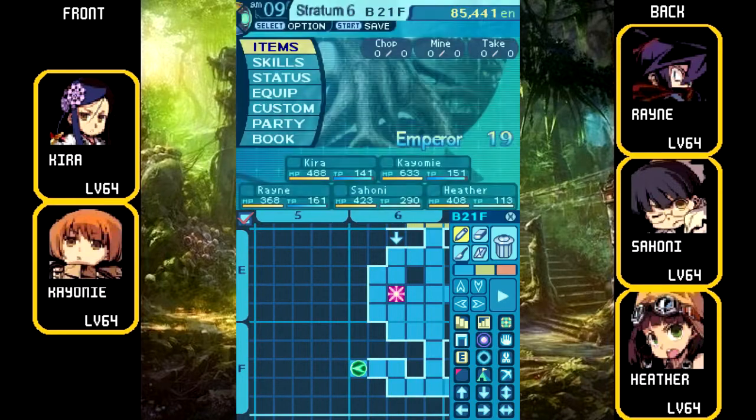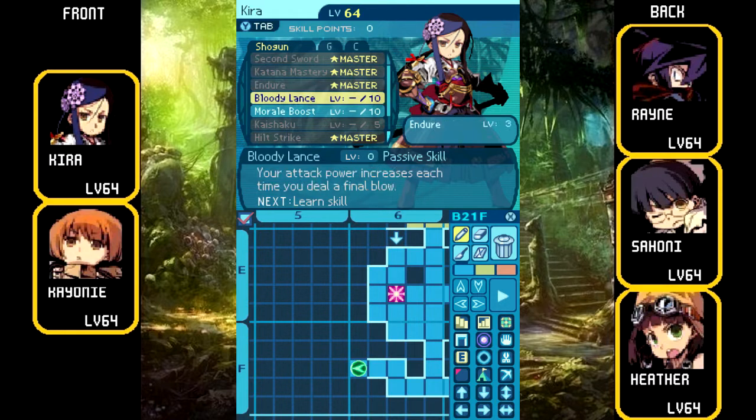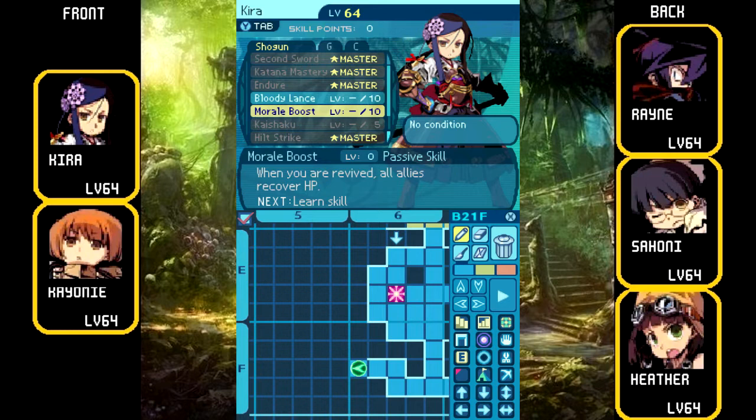I should cover the rest of the Shogun abilities, too, before I forget, because I just won't. Bloody Lance, every time you kill somebody, your attack goes up. It's quite good. There's lots of builds that rely on that, and another skill we'll talk about later. Morale boost when you're revived, people heal. I would have put points into that, but the idea is to not die, so...